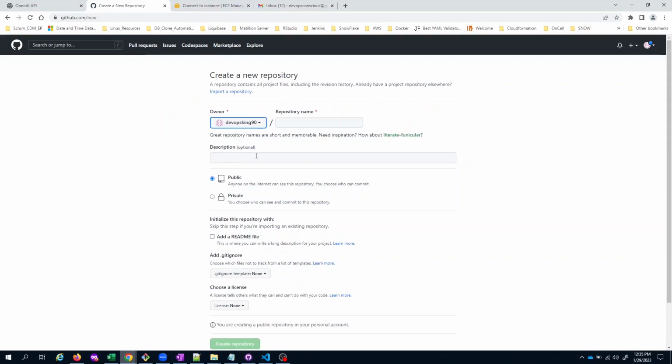We'll just hit the create button, and let me give this a name, DevOps Git first. Let me also give some description. This is the GitHub demo for the DevOps